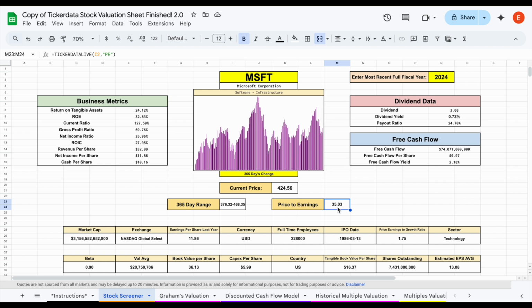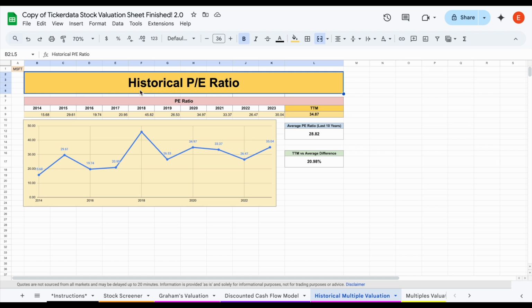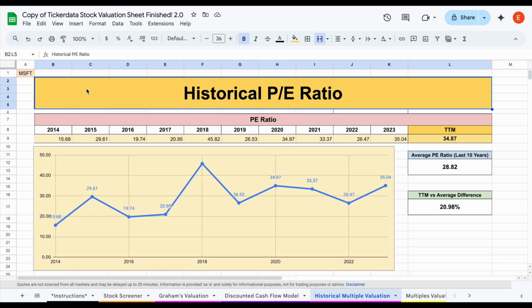So because we can see how much investors are willing to pay for this company, it's basically a valuation method in its own right. Now, some companies will receive higher price to earnings multiples just because they're able to grow their earnings at a higher rate, or maybe because it's a higher quality company that investors are willing to pay a premium for. But what we can do is look at how the company has historically been valued with the price to earnings ratio, the historical price to earnings ratio.